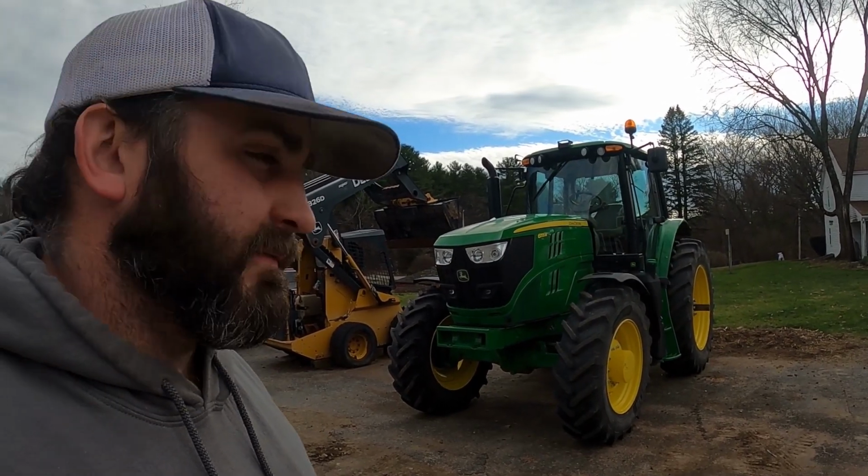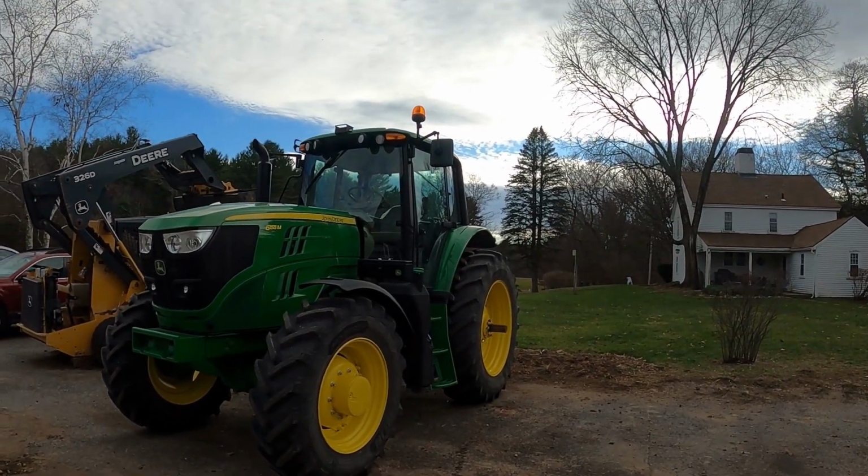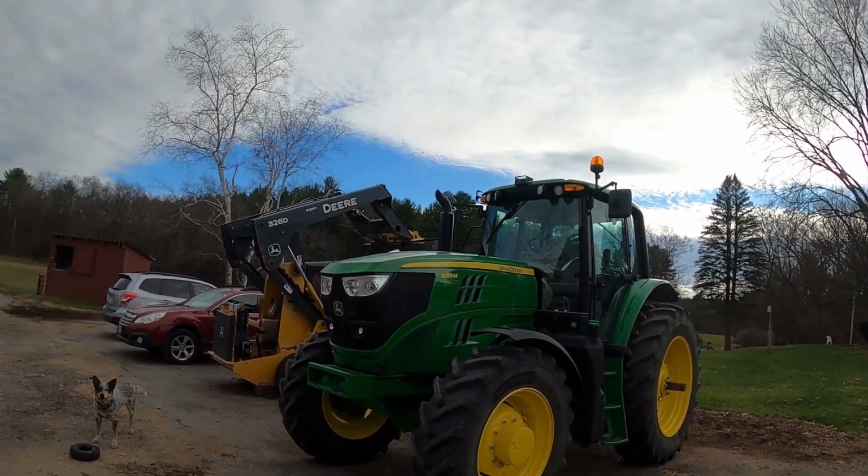But it was time for another cab tractor for the farm themselves. I think it's a good fit. It's a good horsepower. So he was looking at a 6145R. And he went with the extra 10 horsepower and not an R series, which R series cabs are awesome. The light kits are awesome. A lot more stuff packed into them. So I could have went either way, but